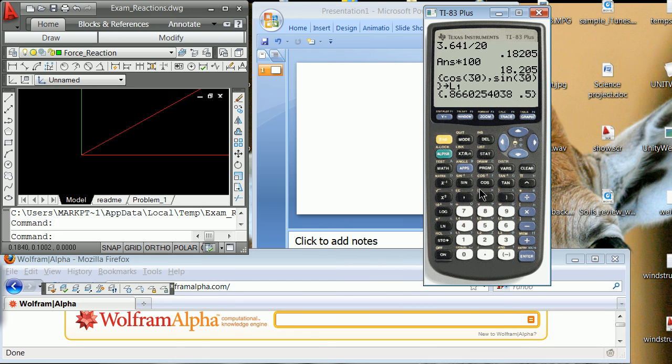And then I start another list. Cosine of, if you think about that tensile, 0, that is the other member, comma, sine of 0, close parentheses, close lists, store it into